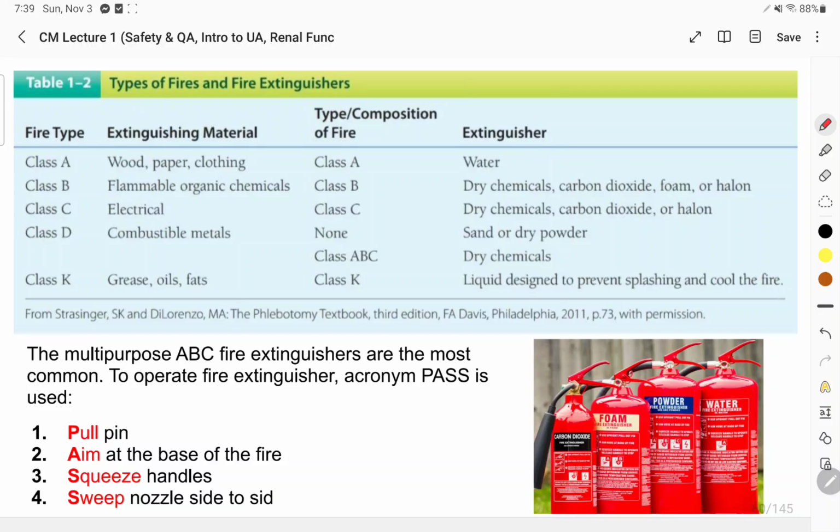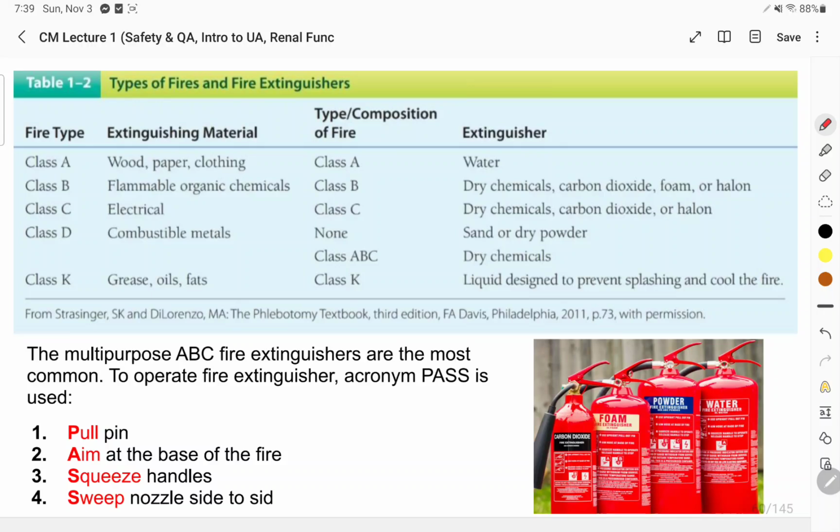Kaya actually, kani nga type of fire, dili niyo siya extinguish o gamit sa kaning class ABC nga extinguisher. Actually, pasagdan na niyo siya. So ang mabuhat lang is hinahinay nga mukul ang fire until sa mapawong siya. Okay? And of course, your multi-purpose ABC fire extinguisher, mao ni ang most common nga gigamit